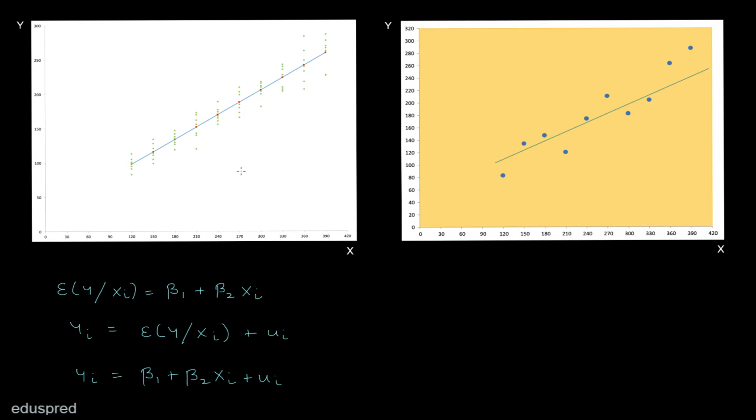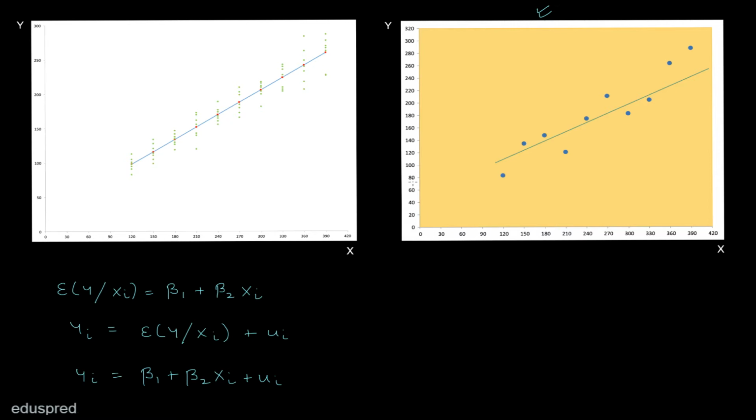And the intuition was to fit your line in such a manner that the distance between the line and the actual data points is as minimum as possible. Right? So this is the intuition that we developed. As you can see on the right hand side, I have a scatter plot of the sample data, and I also have a sample regression line. Once again, this line that I have drawn is not the exact line. This is something I have just drawn following the intuition that we discussed earlier. Now in this video, I'm going to talk about the sample regression equations.